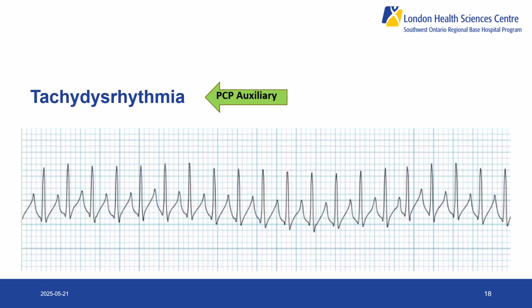The ALS PCS 5.4 sees the addition of an auxiliary tachydysrhythmia medical directive for PCPs with those patients requiring Valsalva for confirmed SVT. Prior to this ALS PCS update, SWORP has educated and authorized its PCPs in this treatment since 2018. It is important to note that the tachydysrhythmia directive houses 2 auxiliary directives within a single medical directive. They are independent of each other, so it is especially important to understand which components of the directive the service you are working in is utilizing.